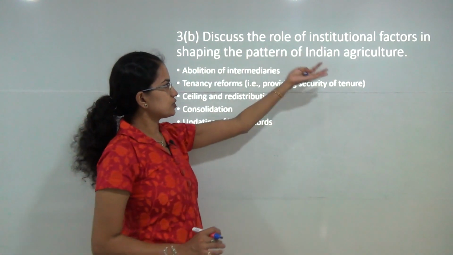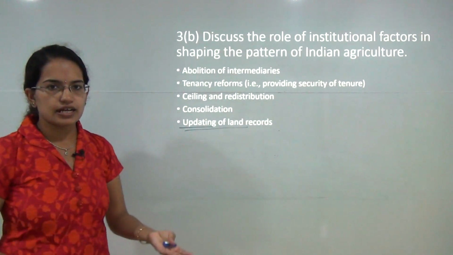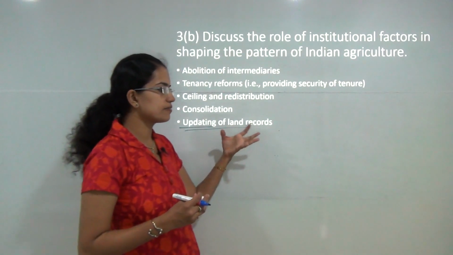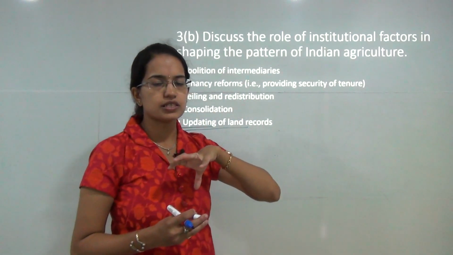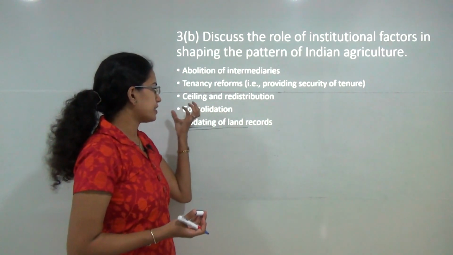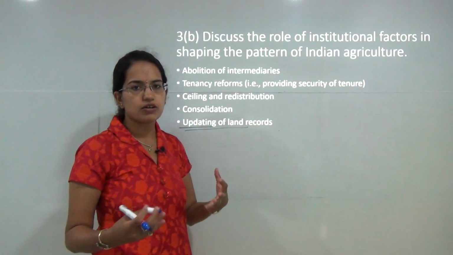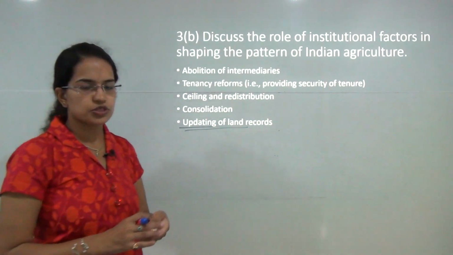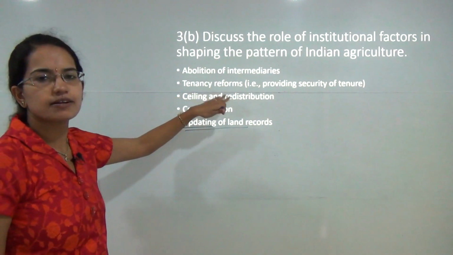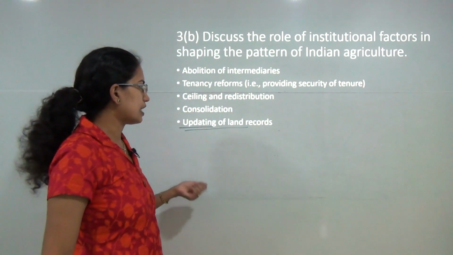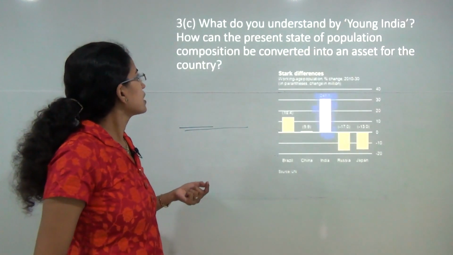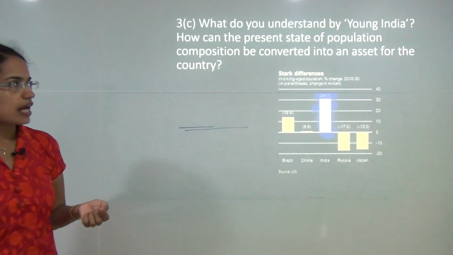Now, the role of institutional factors in Indian agriculture, again a very direct question. It talked about the colonial times when you had small fragmentation of land holdings. There was consolidation, and after land consolidation there was updating of the records and then finally redistribution of the land. This led to abolition of numerous intermediaries, and numerous tenancy reforms came up which reformed agriculture drastically.